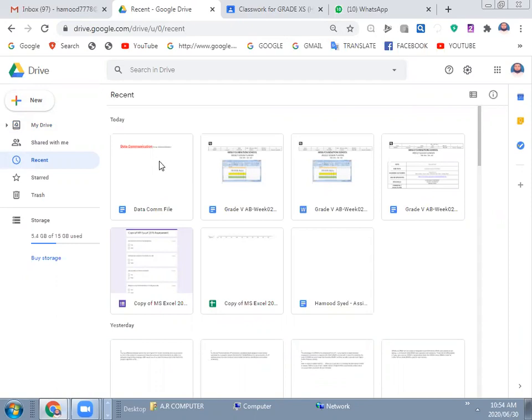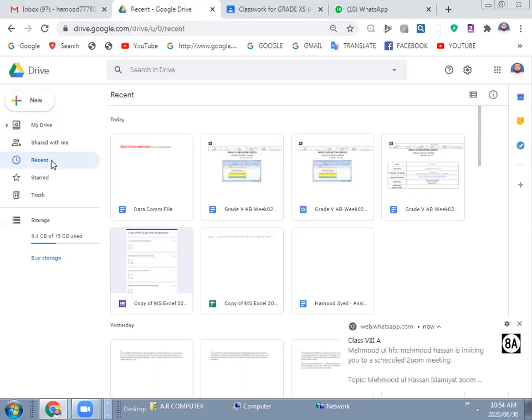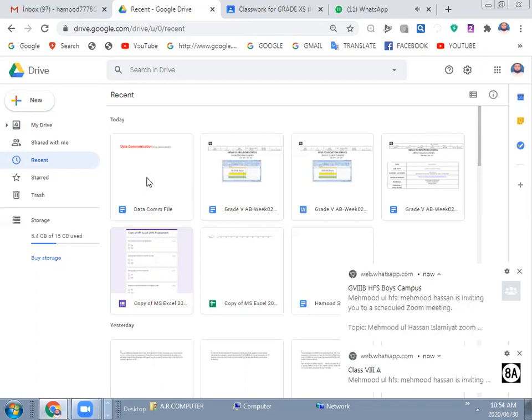So I will just log on to that computer, log on to my Gmail account, and then go to Google Drive, and from the recent files, I will have this file, and I can open it and work on it. So I don't have the application, and I don't need to save the data. These two tasks are being performed by Google. What I just need to do is concentrate on my work.